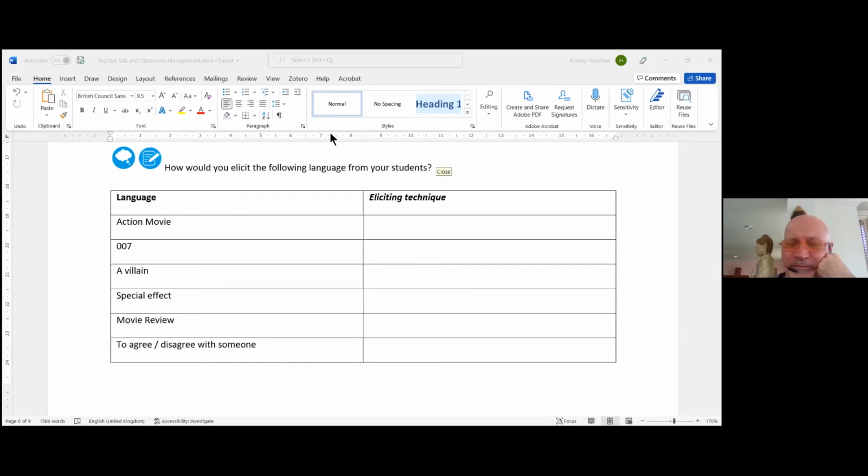Or I think she said, do you always agree with movies or the movie review? And then what is the opposite of agree? To agree with someone, the learners probably say disagree. And then you could say sentence and they say to disagree with someone. And you could write on the board to disagree with someone. Okay, great.